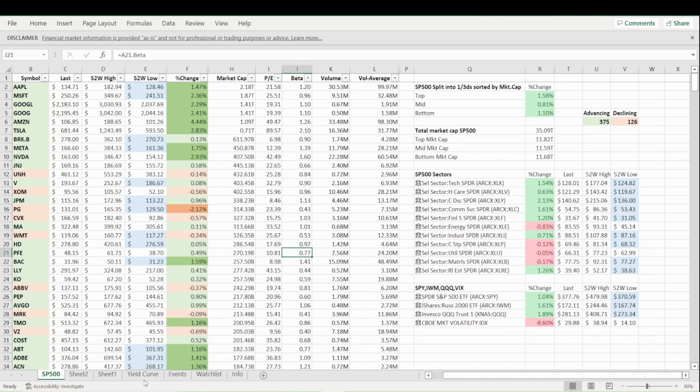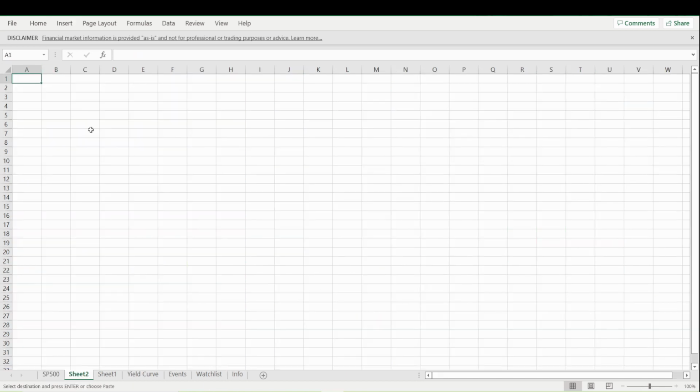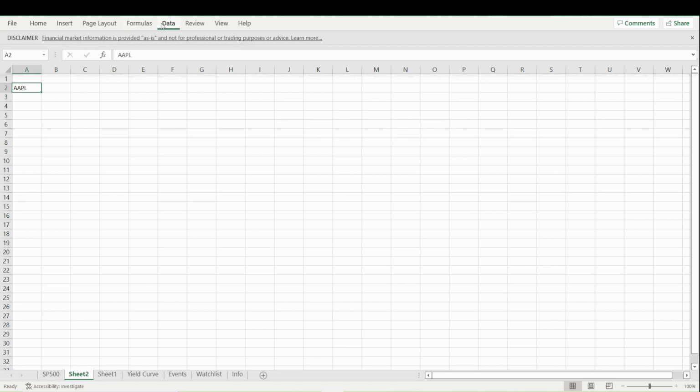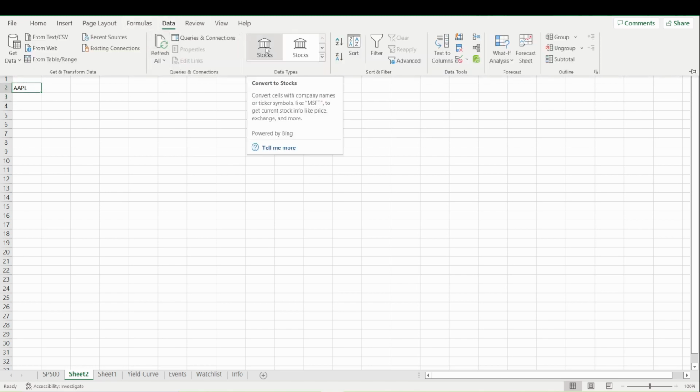So the first thing, I'm just going to open up a new sheet here. To add this information, it's pretty easy. First, I want to go into column 2 here. I'm just going to type in Apple, hit enter. Then we're going to click on column 2. We're going to go to Data. We're going to click on Stocks,